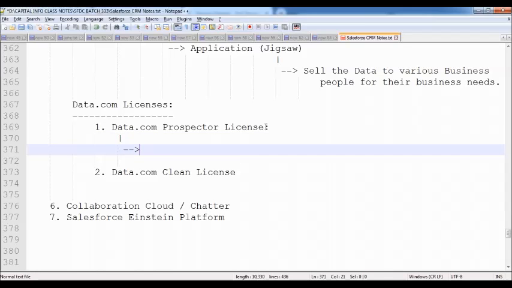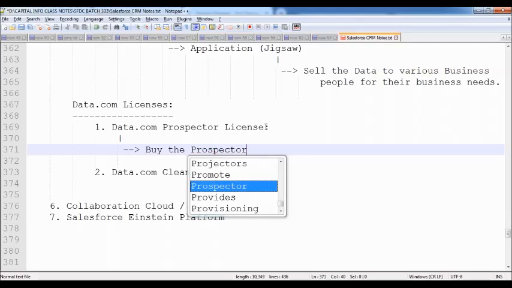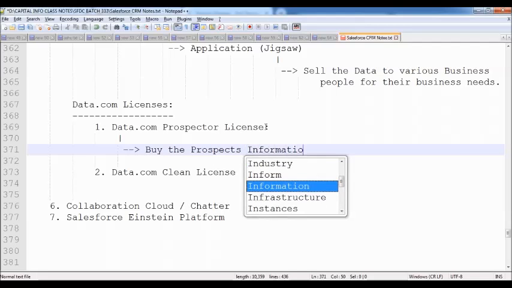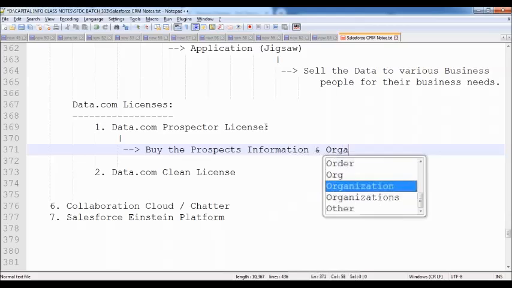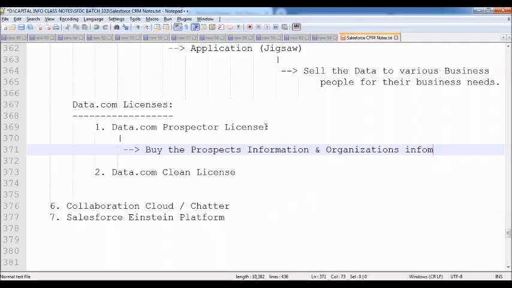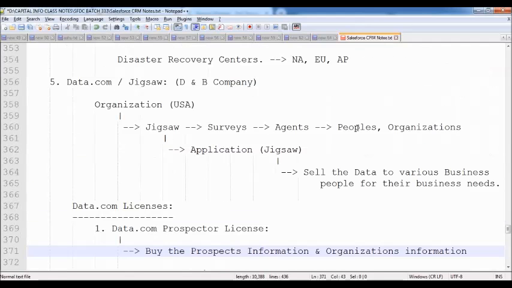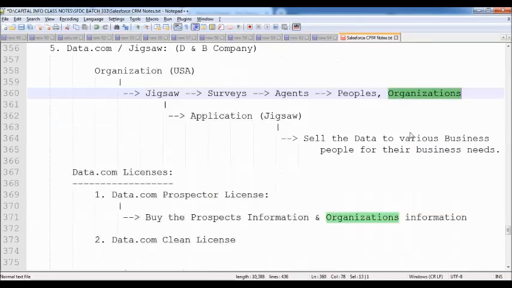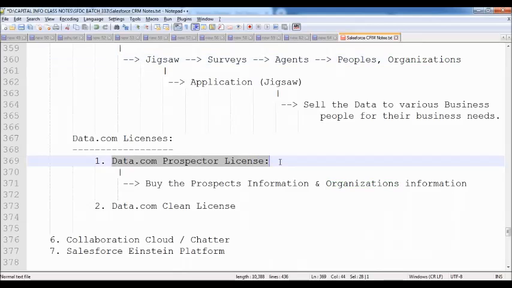The data.com prospector license is used to buy the prospects' information and organizations' information, nothing but people's information and the organization's information. What data do you want to buy? You want to buy the people's information or only the company's information? Depending upon your requirement, we can buy by using the data.com prospector license.